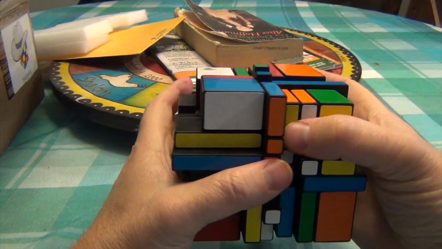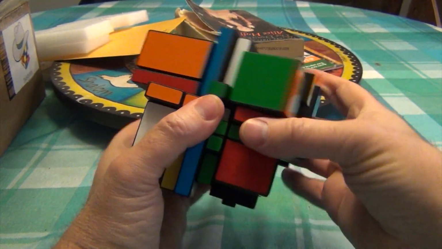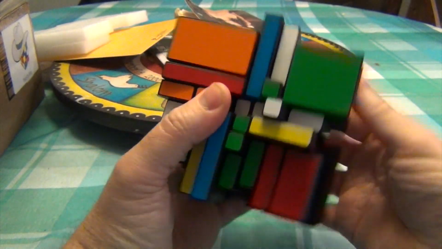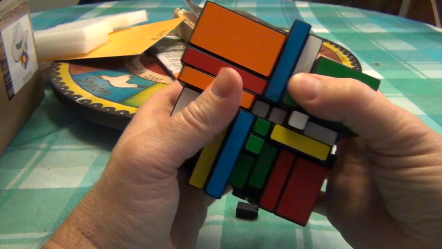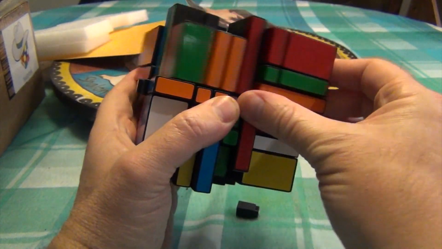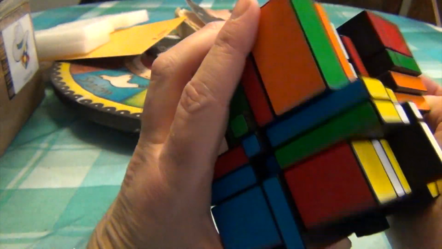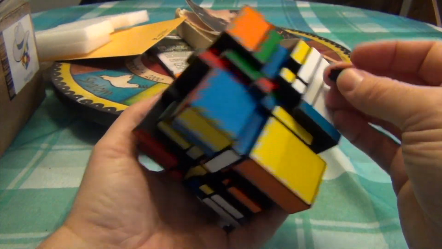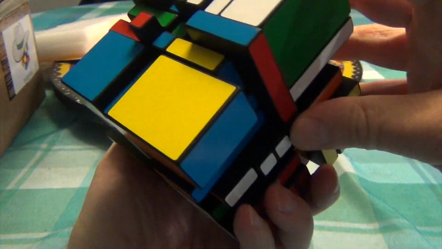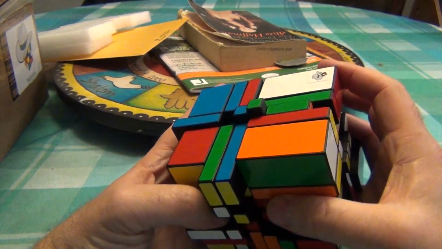So we're going to do R-I, D-I, R, D, R-I. Oop. D-I-R-D. Was this the yellow one again? Yeah, that yellow one's a little loose. Little loose. Right here, and boom. Okay, so with this in,